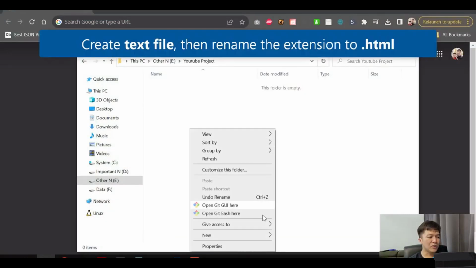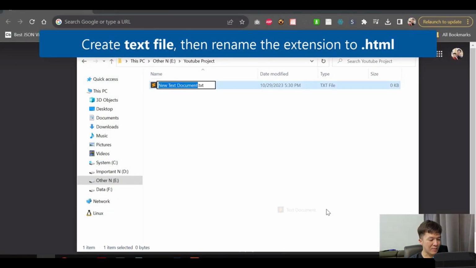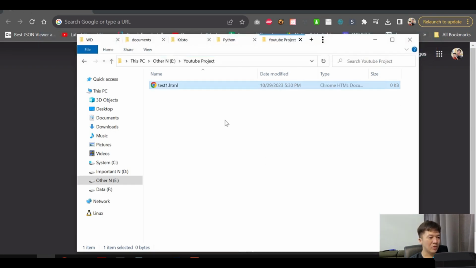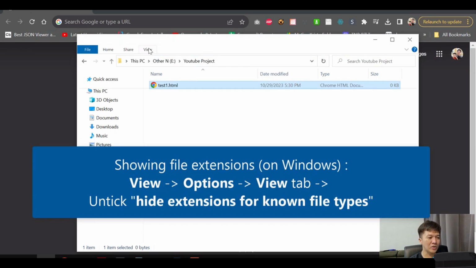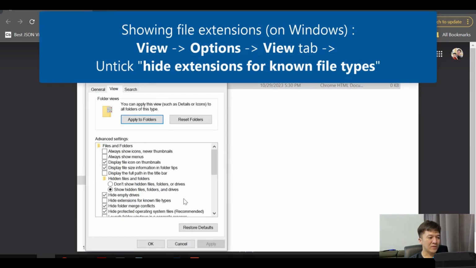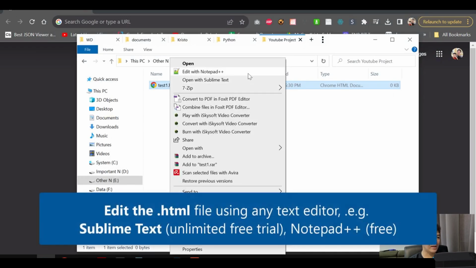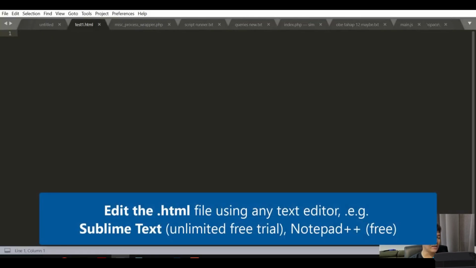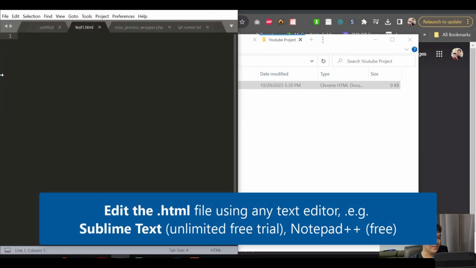So the first thing that you need to do is create an HTML file. In this case, we can start with creating a txt file and rename the file as well as the extension into HTML. If you don't see the extension on Windows, you can go to View and then Options and then press View and then untick the hide extensions for known file types. Then press OK to proceed and then edit the file with your favorite text editor,